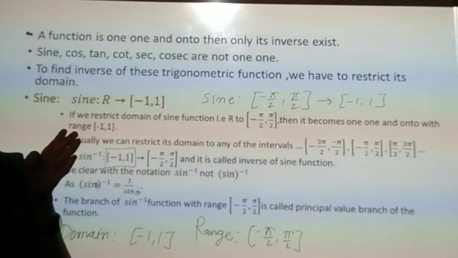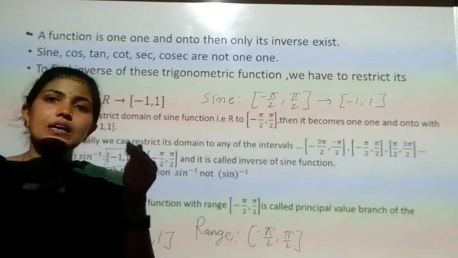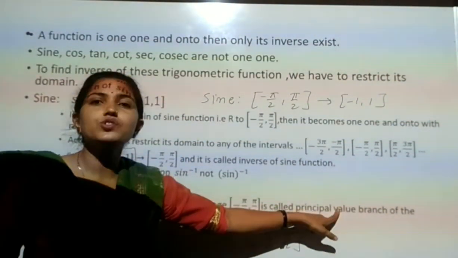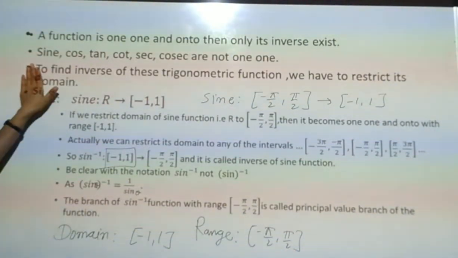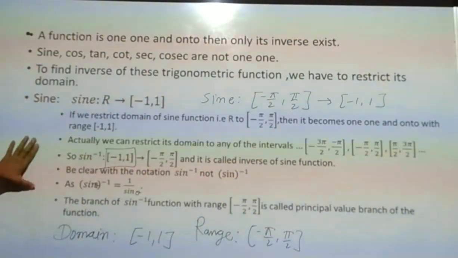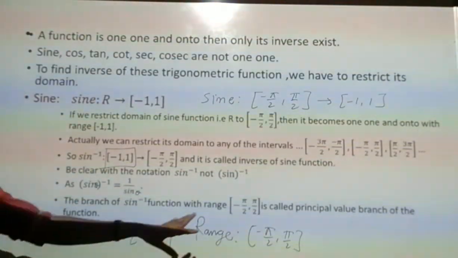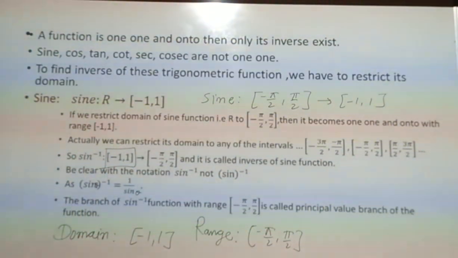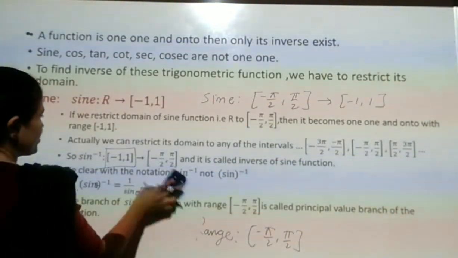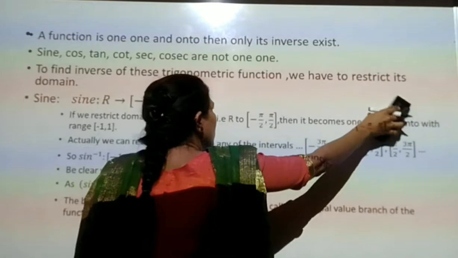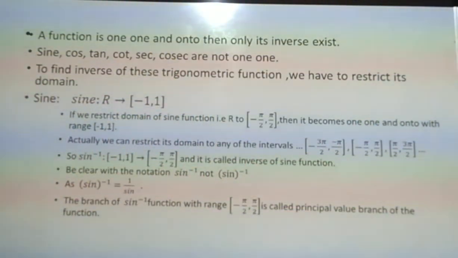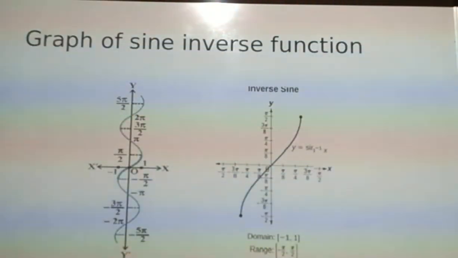What we basically defined as minus pi by 2 to pi by 2 is considered as the principal value branch of the sine inverse function. So students, now you are clear with this. This is the definition of the sine inverse function, in which domain and range are given to you. Next we will see the second definition, the cos inverse function. Before that, here is the graph of the sine inverse function, but it is not in your syllabus, so we are not discussing much on it.